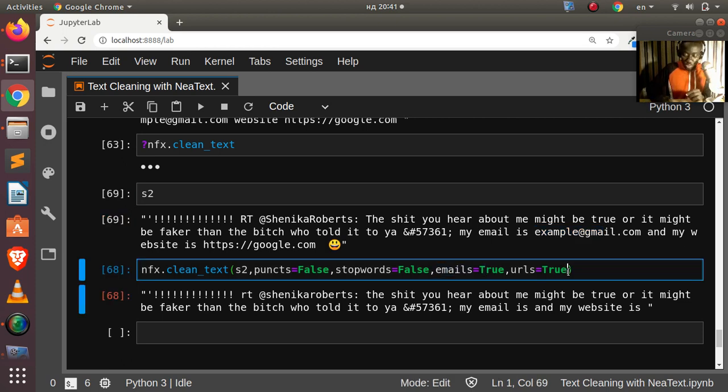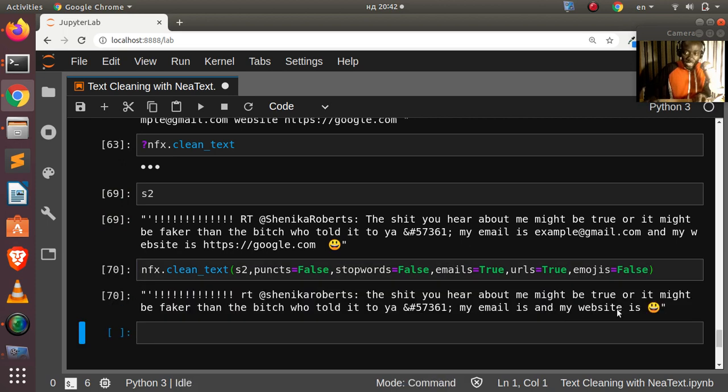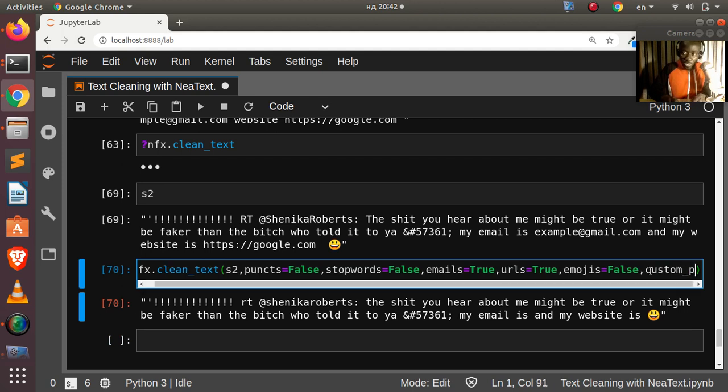Now let's see how to also keep the emoji. So emojis is going to be false, right? So if I set emojis to false, it's going to clean it, but the emoji is still there. So you can do a lot of things with it. And now let's check the final one in case I want to work on the custom pattern. So custom pattern, right? In case I want to specify a custom pattern, let's say I want to remove all these user